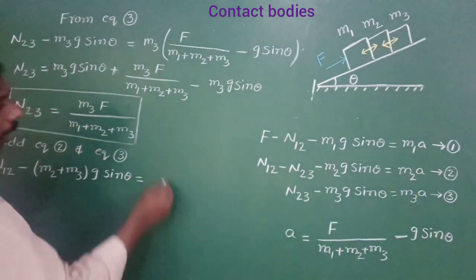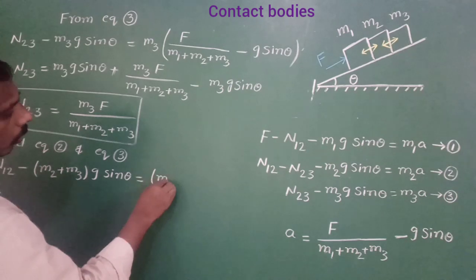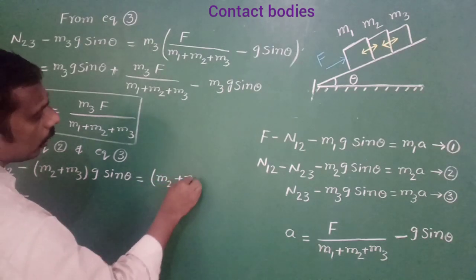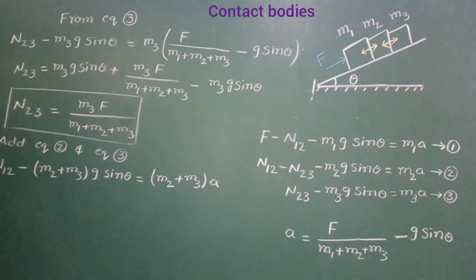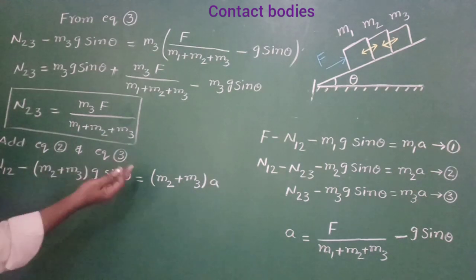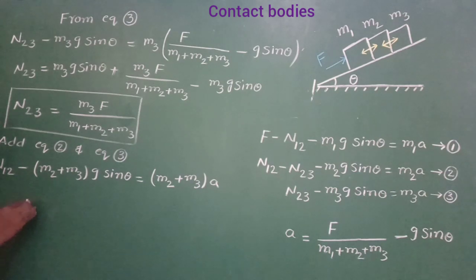Take a common, then we get (m2 plus m3) into a. Taking this term to the other side, we get N12 is equal to